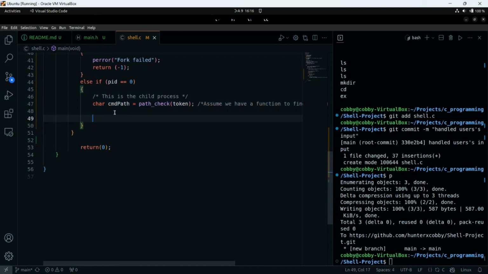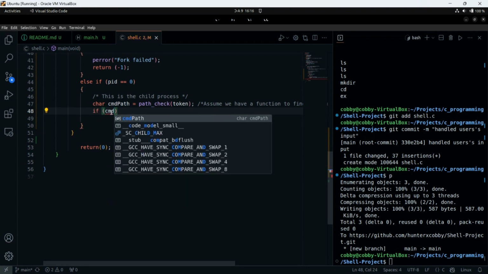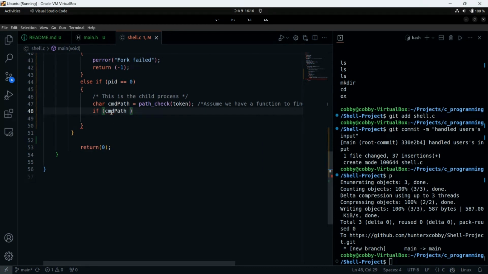But for now, let's work on our child process. After that, we want to check if command path contains something. Guys, command path is what? It's a pointer. Nice.